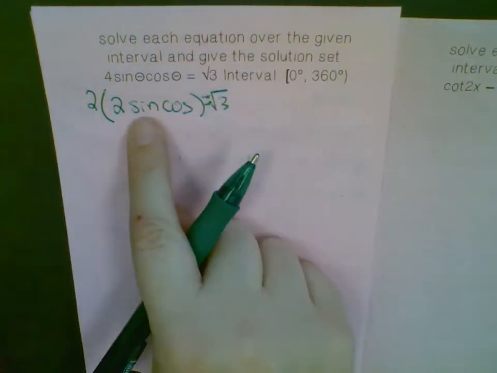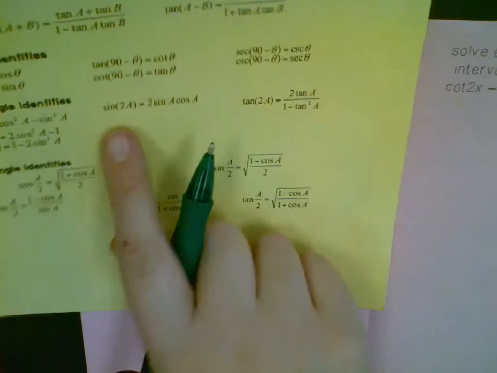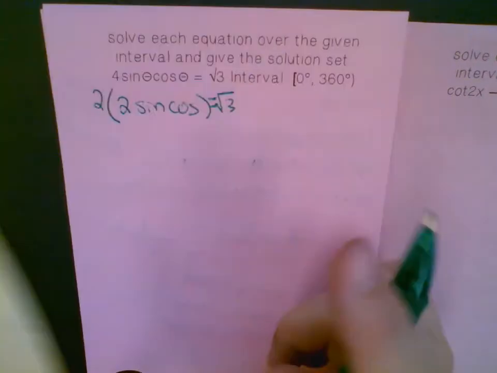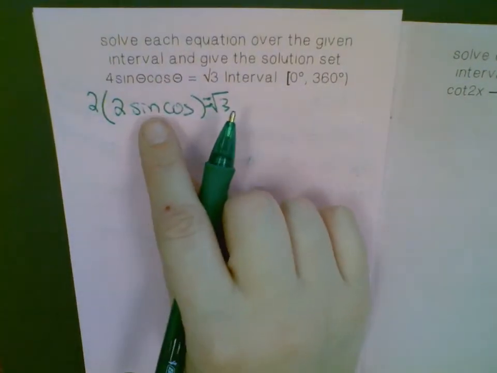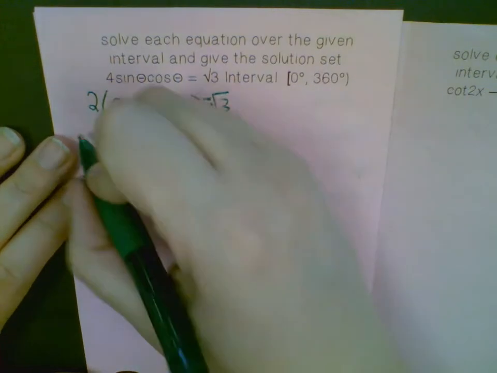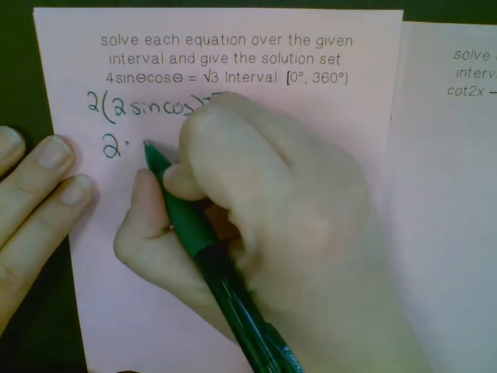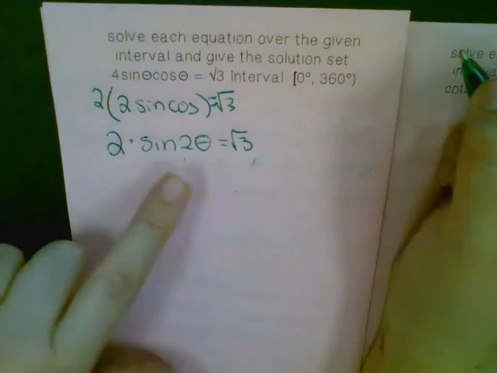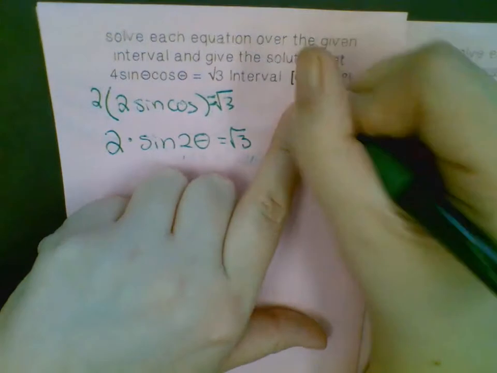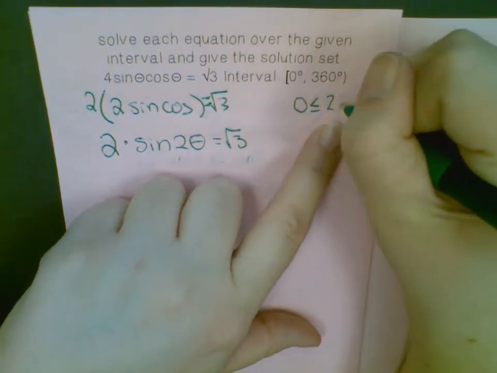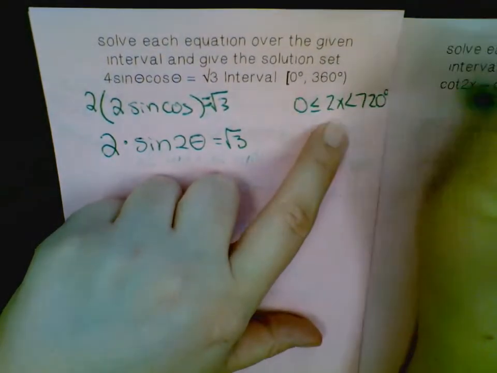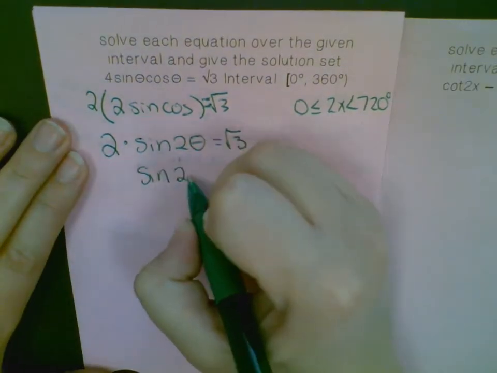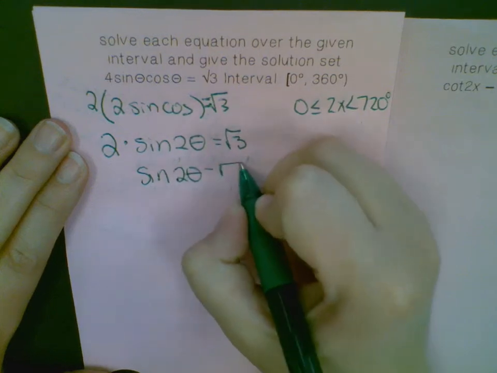Because if we look on our identity sheet, 2 sine cosine equals sine of 2 theta. So I'm going to replace this with sine of 2x, or theta, whatever. So now we have 2 times the sine of 2 theta equals root 3. So remember, doubling this doubles this. So we really are going to be from 0 to 720. So if we solve for sine of 2 theta, we divide by that 2, and we get root 3